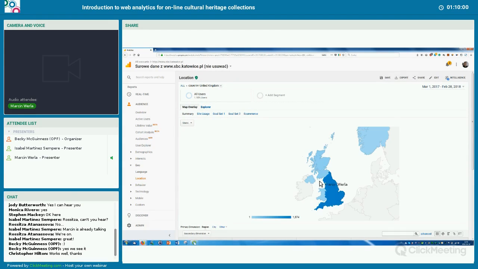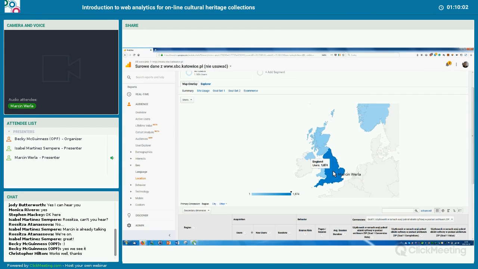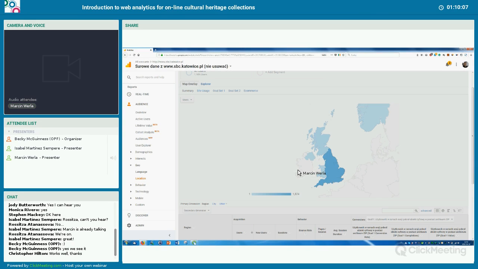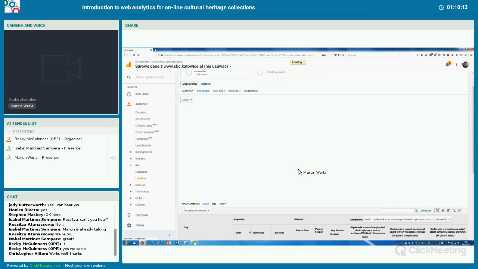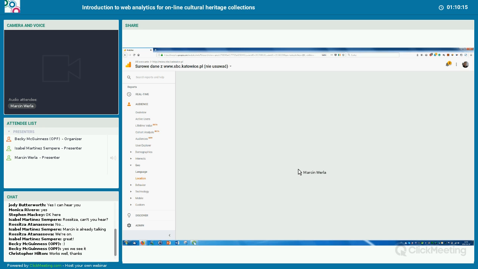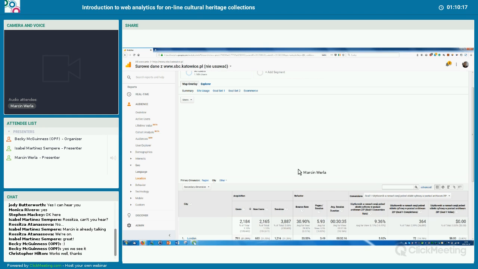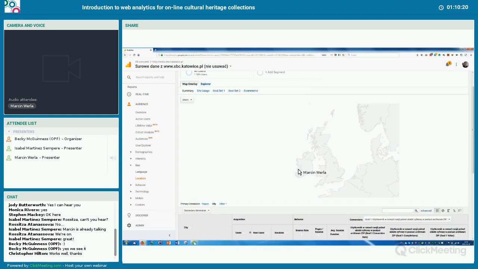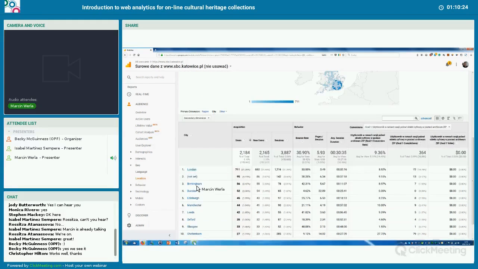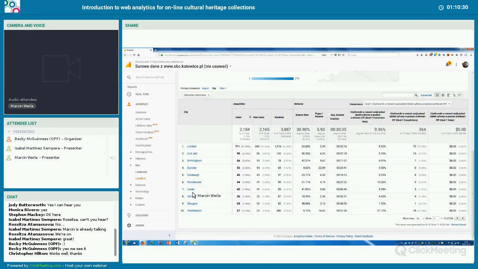And I can have a so-called region view, or I can switch to city view. So obviously London is dominant,